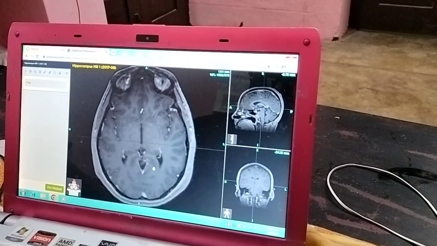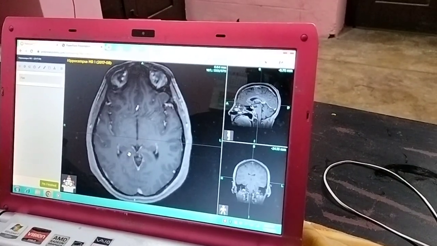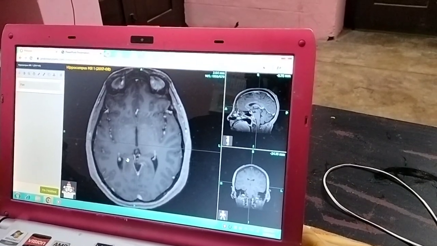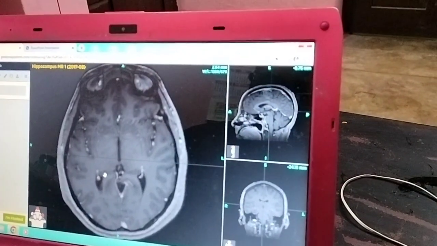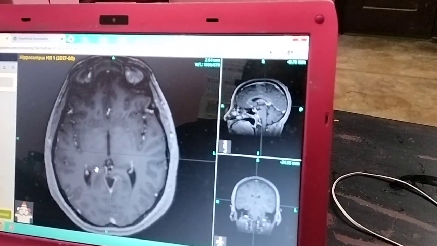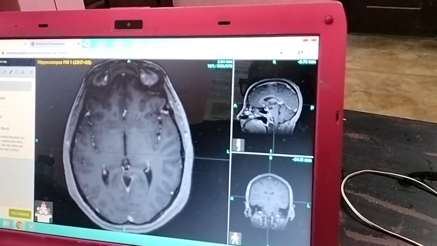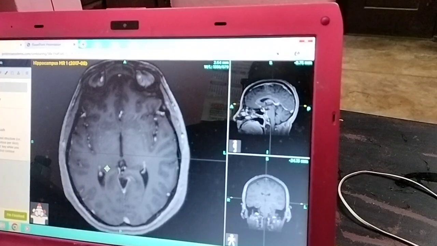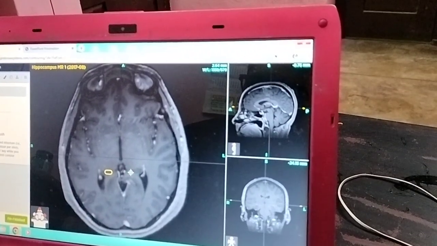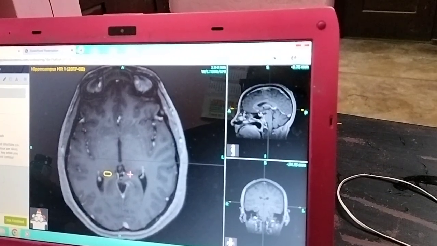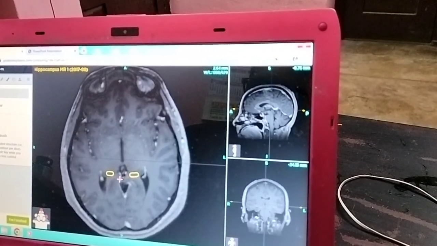view. And then we start from the most superior slice, that will be at the level of the tactile plate. You see the hypointense image on the T1 weighted MRI at the level of the tactile plate. So how do we contour that? You use this tactile plate area, the hypointense area,